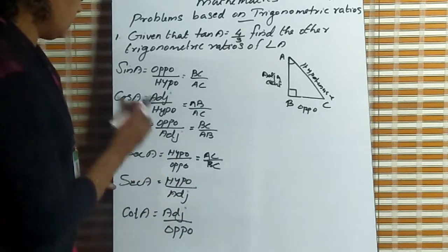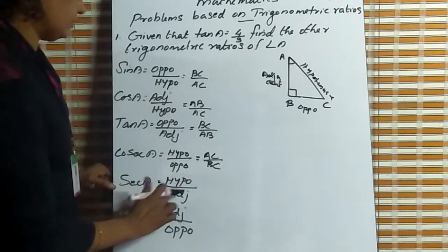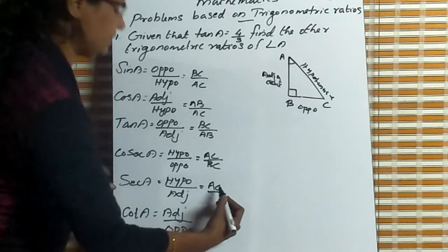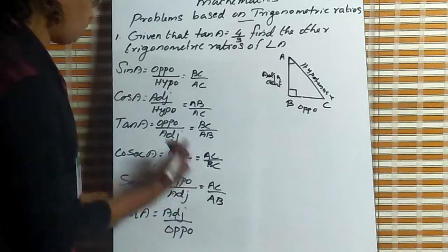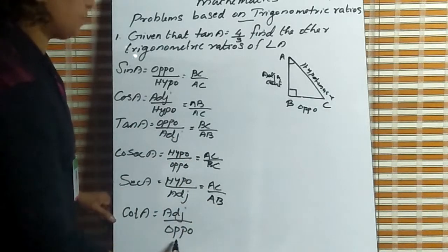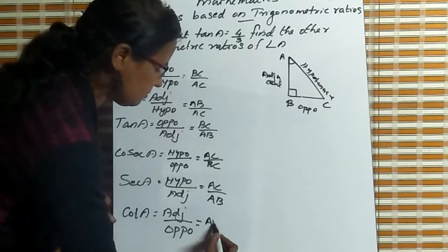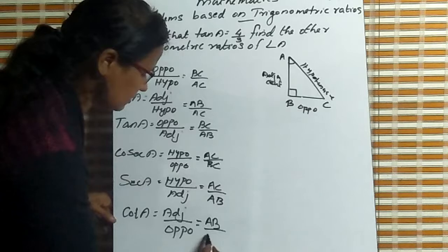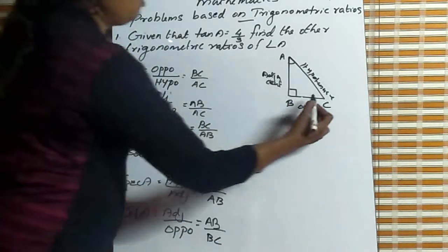Then sec A is the reciprocal of cos A equals hypotenuse by adjacent. Hypotenuse is AC, adjacent side is AB. Then cot A is the reciprocal of tan A equals adjacent side by opposite side. Adjacent side is AB divided by opposite side BC, AB by BC. Now, based on this acute angle C,